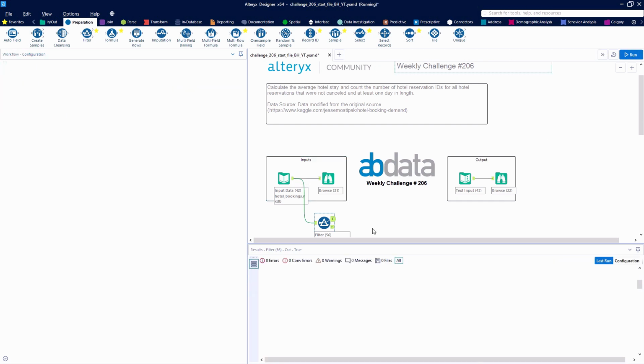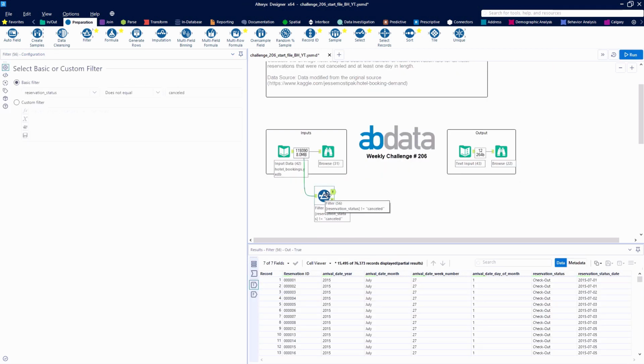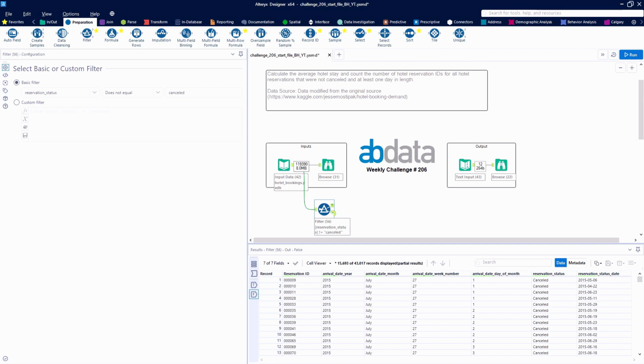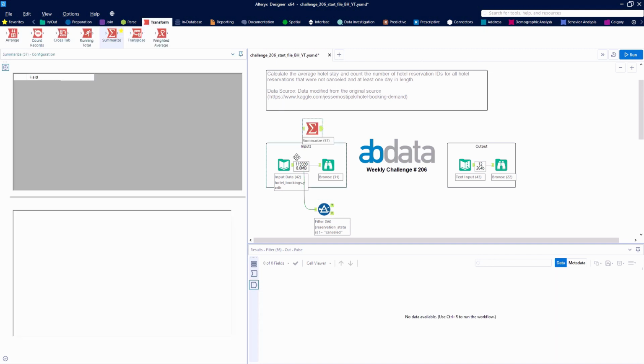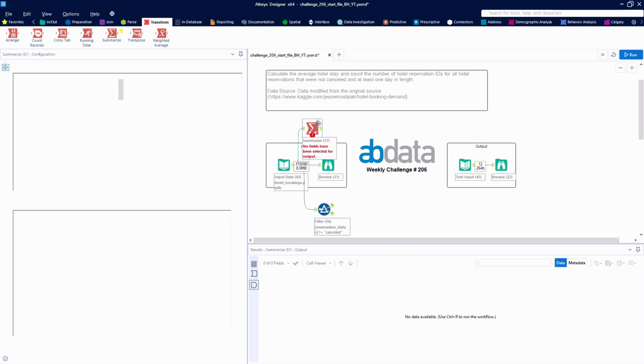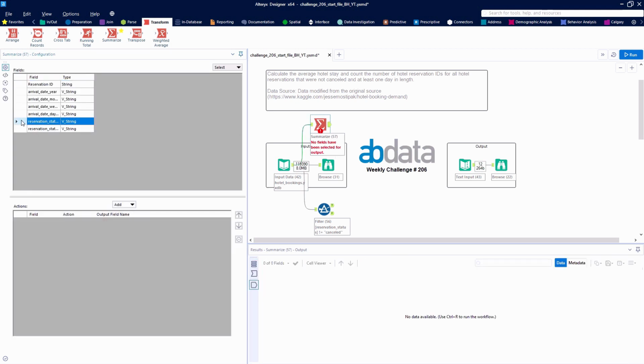So first, let's go ahead and get rid of those canceled stays. So we're going to filter out where the reservation status is canceled. So if we take a look at our list here, we're going to see that we've got quite a few that are canceled, and then we still have even more